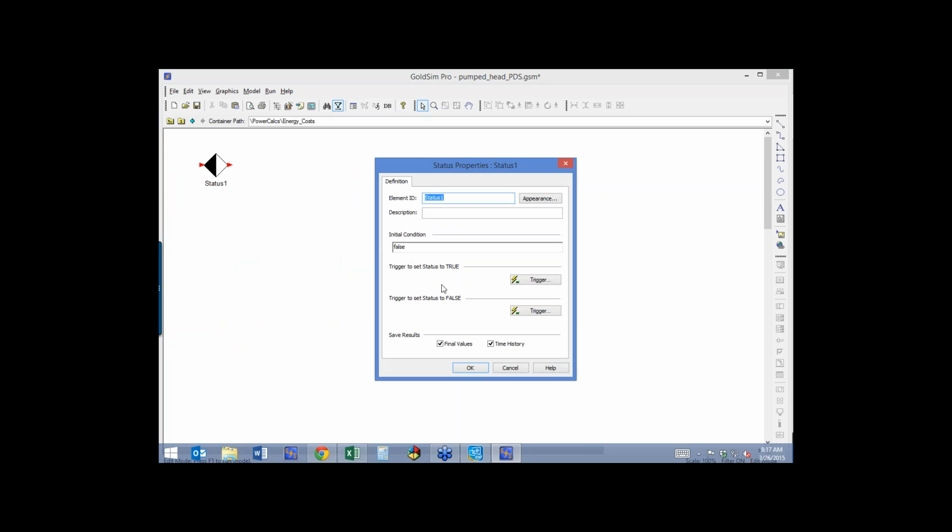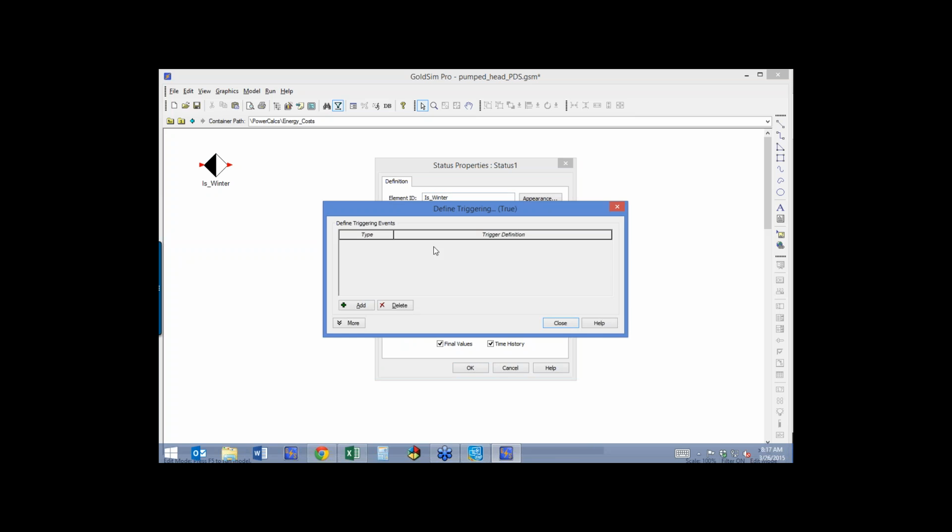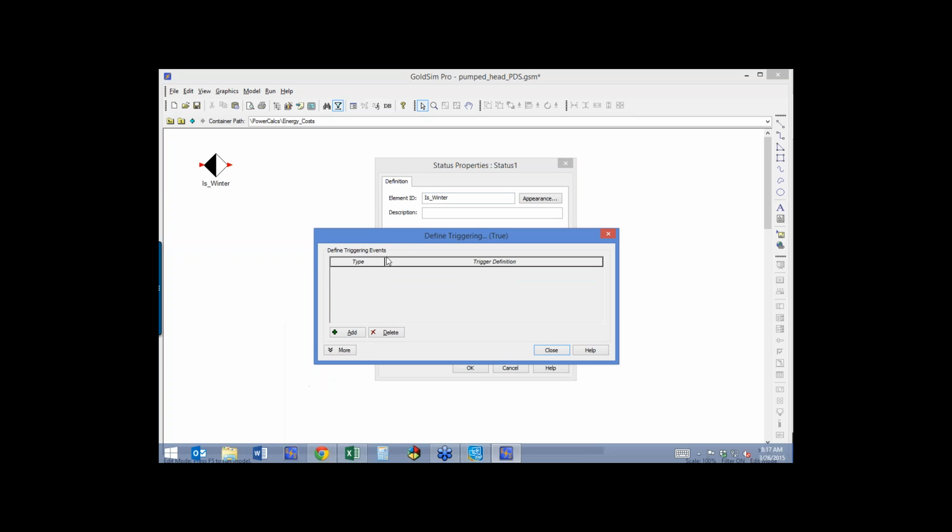We'll go here. And now, it's always good when you're working with Booleans, which is what this is, the result of a status element is a Boolean. It's true or false. And in cases like that, you want to name the expression something that gives it the idea that it's something that could be true or false. And what I'll do here is I'll say it is underscore winter. So if this is true, then it is winter. And then I'm going to trigger this to be true